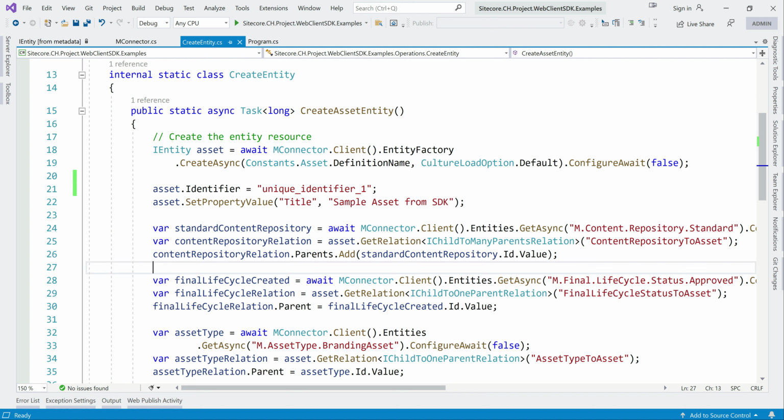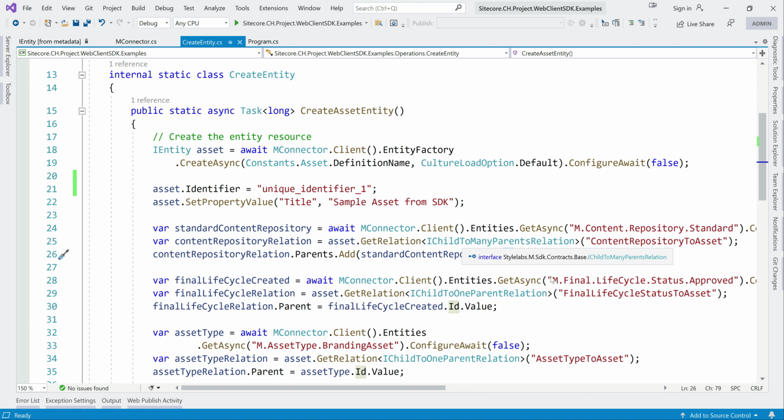If you mouse over here, I'm not sure if it is visible, but you need to pass the identifier. That's what it is asking for. Once you pass the identifier, you will be able to get your standard content repository entity, and you can have an ID. So this is one of the use cases we will have.